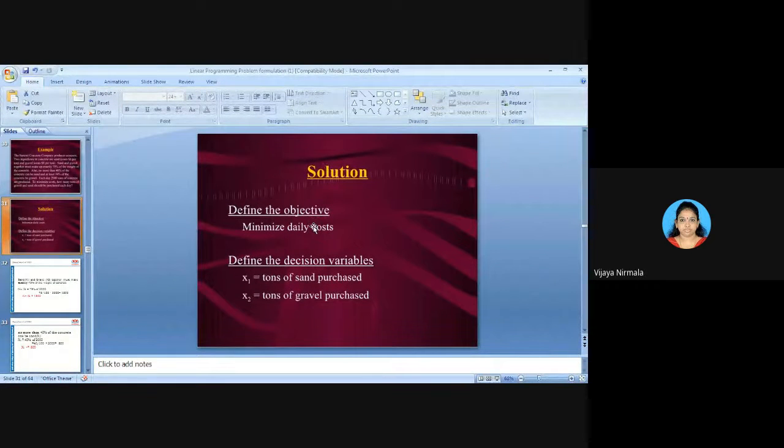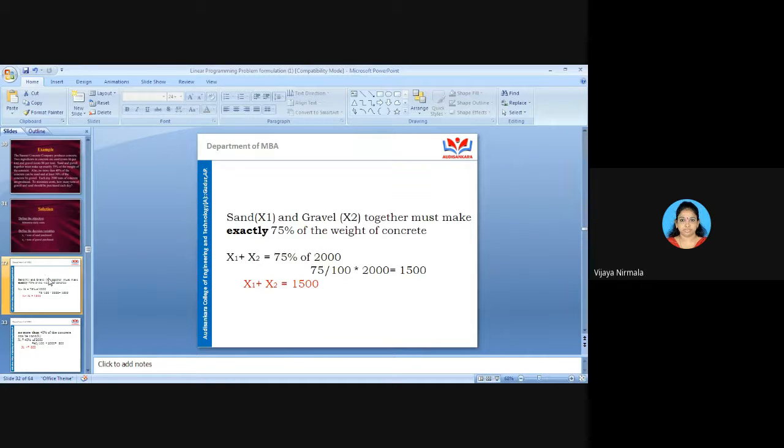One, you have to define the objectives and you have to define the decision variables. So these two you have defined, right? There is no doubt up to here. Now let us see the next one. Once the decision variables have been framed, what is the next step that we have to do? You have defined the objective, you have defined the decision variables. What is the next thing that we have to do? You have to frame the constraints, right? You need to frame the constraints.